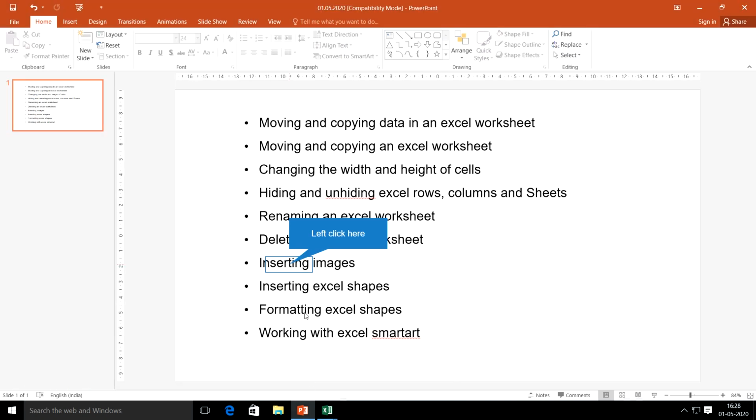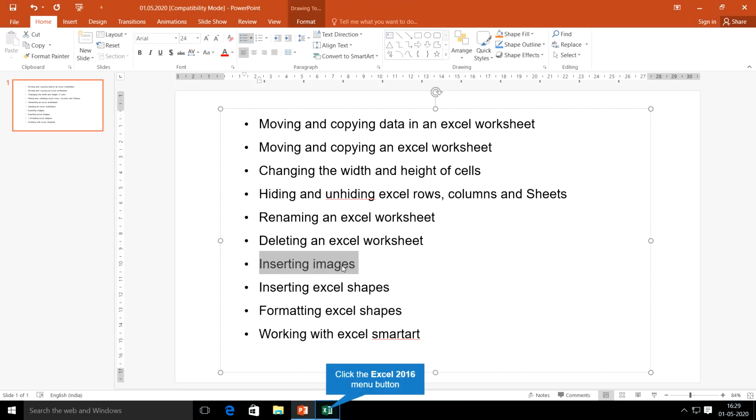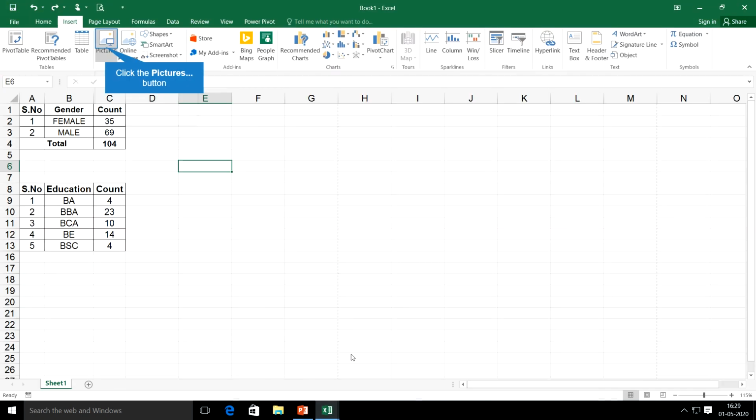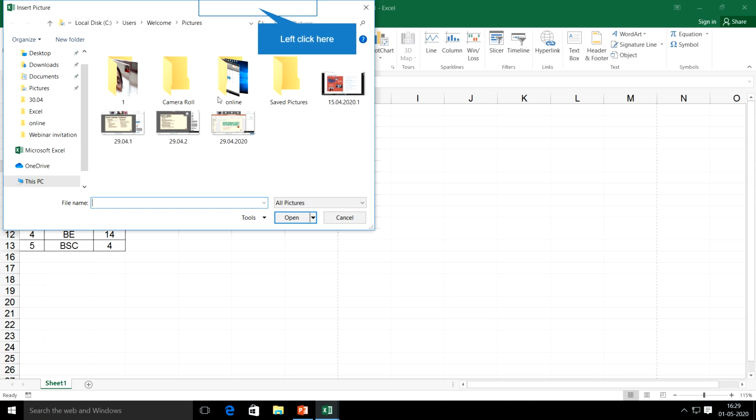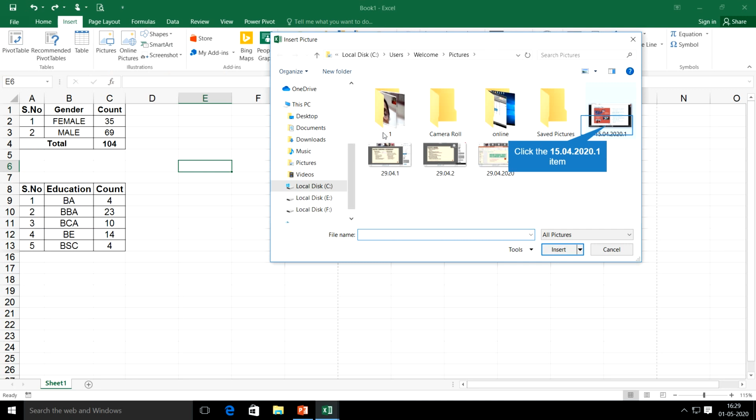So here we are supposed to do an insert related to image. Okay, so go to the Excel sheet. In the insert menu you can see this option called pictures. So once you click on this picture, that will ask which picture to be inserted. So if you have pictures on your laptop or desktop, then you can choose that particular picture and insert it from here.